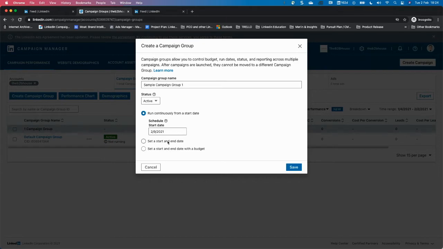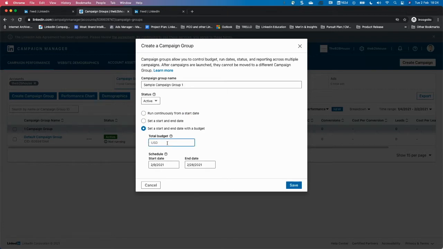In fact, even if you have some fixed dates as well, I would still encourage you to run continuously from a start date. The last option here is you can even include a budget in the total budget. So at a campaign group level, if you kept the budget at $10,000 over here, what this means is that